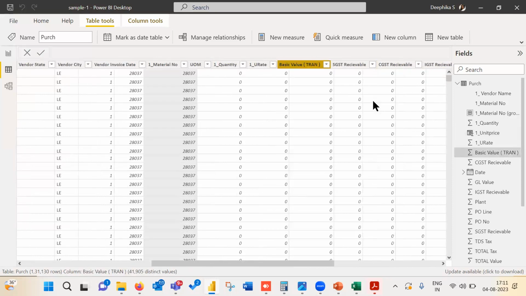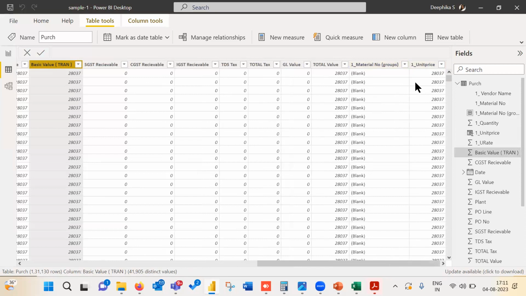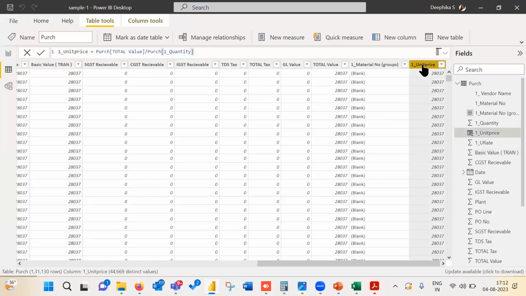That will not have one output for every row. It will create output only from an overall perspective. So those things cannot be created as a column. We will create them as a measure.